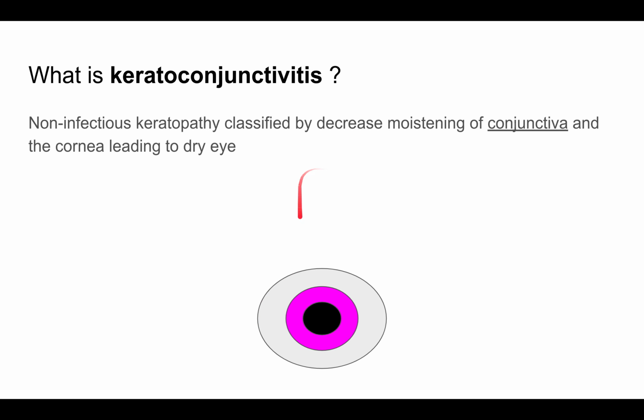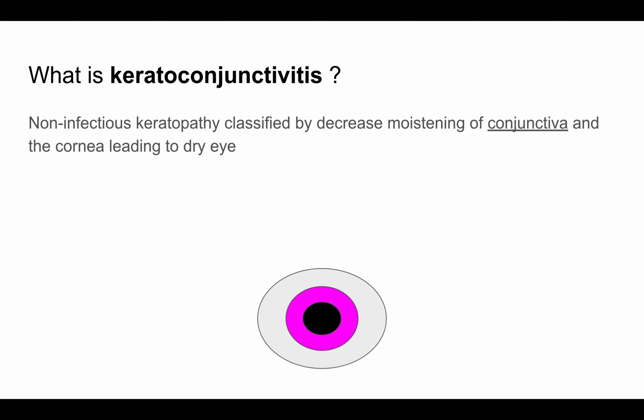Okay, so what happens is that with this, we can get a non-infectious keratopathy, which can lead to a decreased amount of moistening of the conjunctiva, and it can lead to a dry eye. Dry eye can cause a lot of problems because it can lead to infections. As we know,